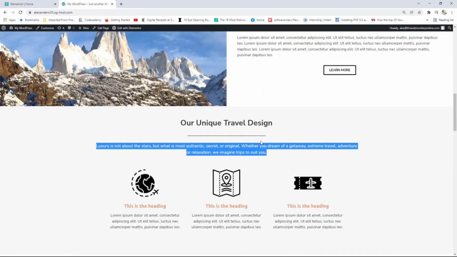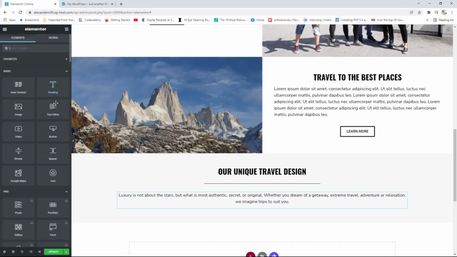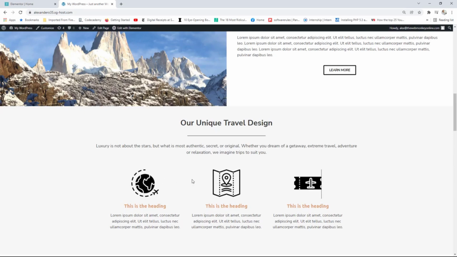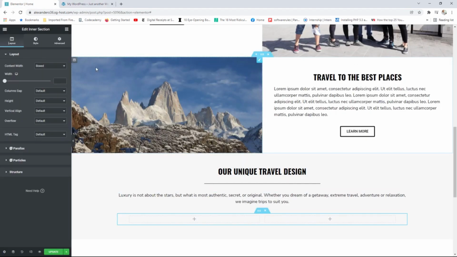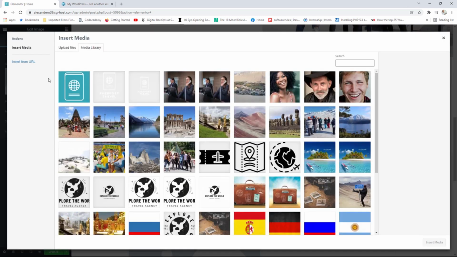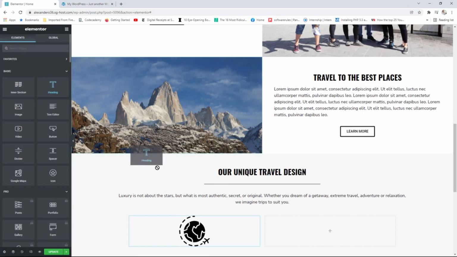And then last but not least, we do have our 3 column section in here. So we're going to use the inner section, and we're going to work smart again. Basically, each column has the exact same design. You have a diagram, you have a header, and then you have some text. So what we'll simply do is we'll design the very first column, drop our image in here, and it's the image with the world plane kind of thing. This one right here. Insert that media, make it a full size,